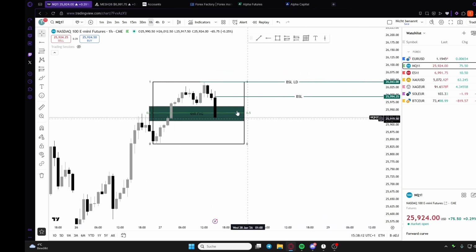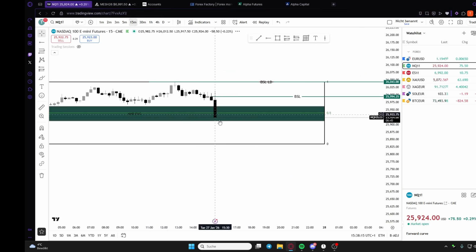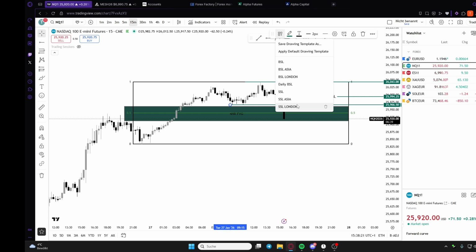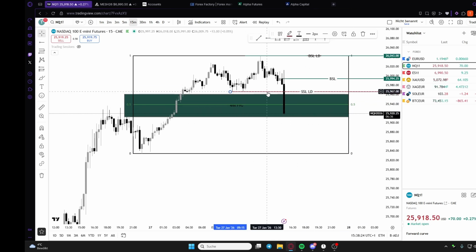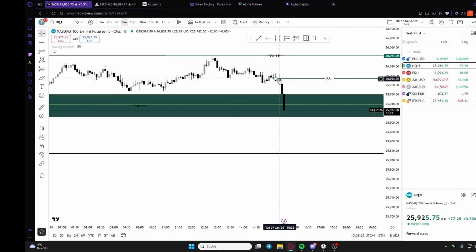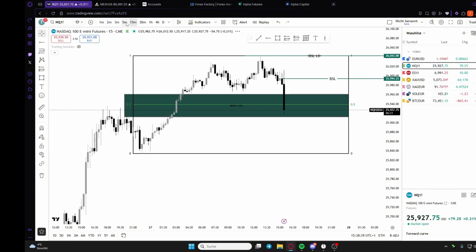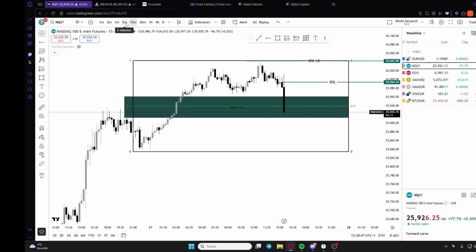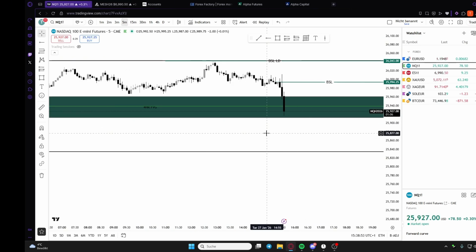Why do I have this 4-hour setup? We have a 4-hour imbalance that got tapped in right now. We already took out the Asia, no, sorry, the London lows right here. We already took that out, and we have good highs to take out. We first have our London high, which is also the daily high, and another decent draw on liquidity, because it's an order block, it's like liquidity, where my break-even point is going to be in this trade if this trade ends up happening. Now I'm just looking for an entry. I need a 5-minute breakout structure to the upside, and I'm in.